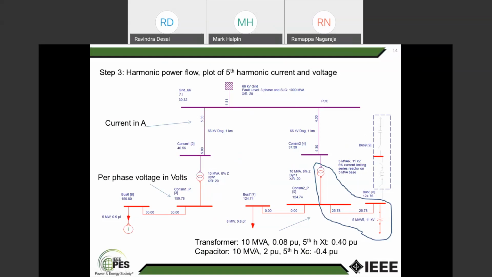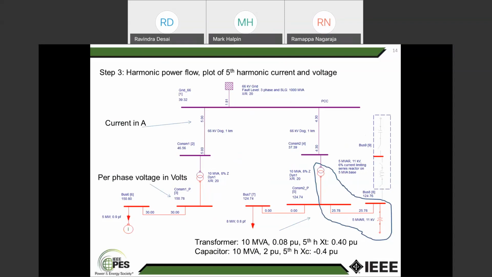BC is 1 per unit at that voltage. Therefore, the per unit value is very important. For the 5 MVAR BC value, the capacitor is 10 MVA, 2 per unit. 5 MVAR is 1 per unit, 10 MVA is 2 per unit. At the fifth harmonic, XC becomes minus 0.4 per unit. What will happen? This transformer with the capacitor,